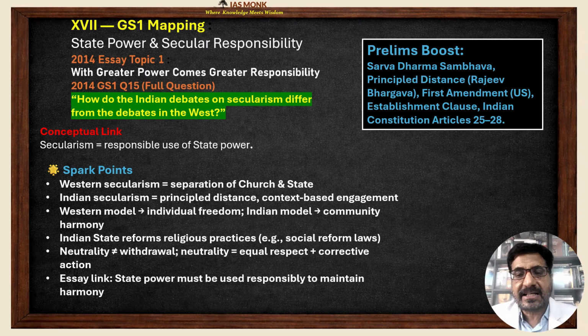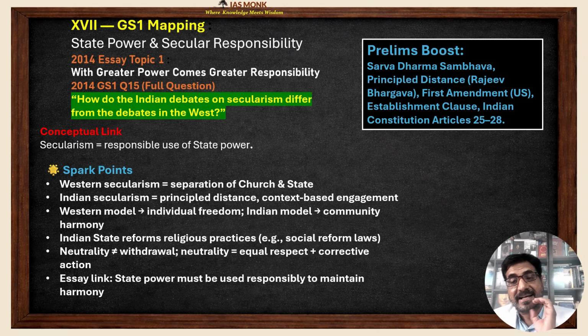The state cannot say you have to practice this religion or that religion. So the Indian state distances itself from this. This GS1 question aligns with the essay's core idea, that power must be used with sensitivity and